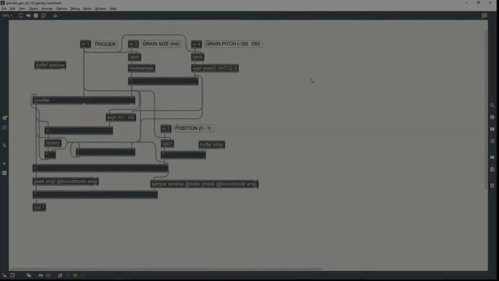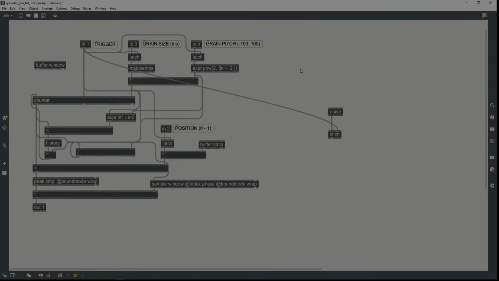Okay, we're nearly there. There's just a few more steps. And the first thing we'll cover is the spray. So spray is the randomization of the playback position for each grain. And to create randomization in Gen, we normally use noise. So to create our noise, we'll create a noise operator, and we'll use another latch operator. So we only take that sample of noise once we receive a trigger, and we'll take the trigger from inlet 1,